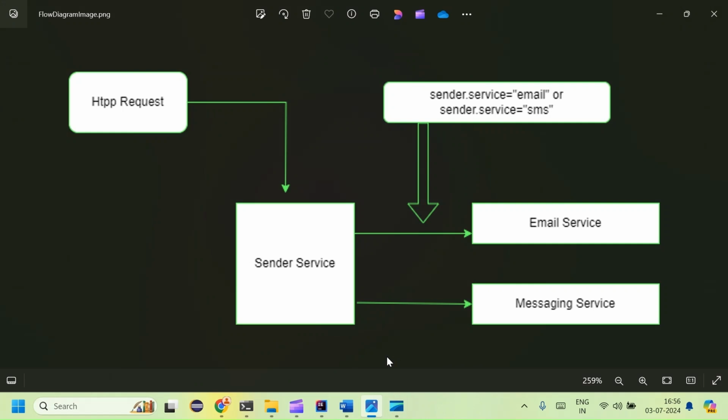As you've seen in the above diagram, an HTTP POST request will be sent to the sender service, with a message in the body of the HTTP request. The message will be sent through either the email service or the messaging service based on the application parameter configured in the application. If sender.service is equal to email, the email service will be called and the message will be sent